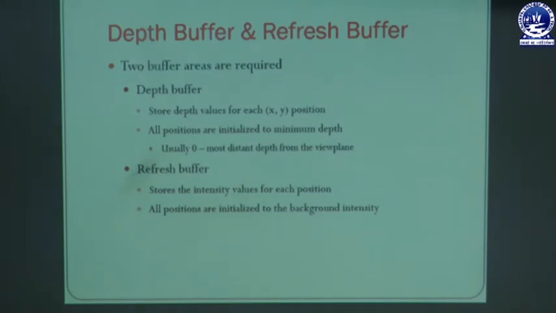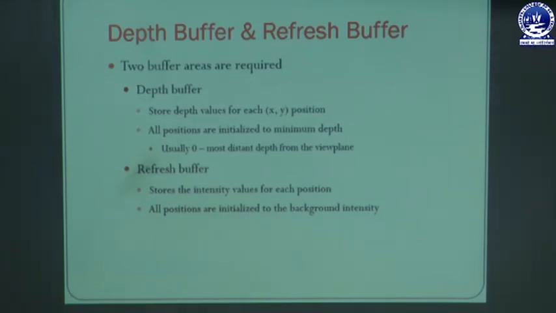Then the image buffer is set to the background color. Then surfaces are rendered one at a time. For the first surface, the depth value of each pixel is calculated.